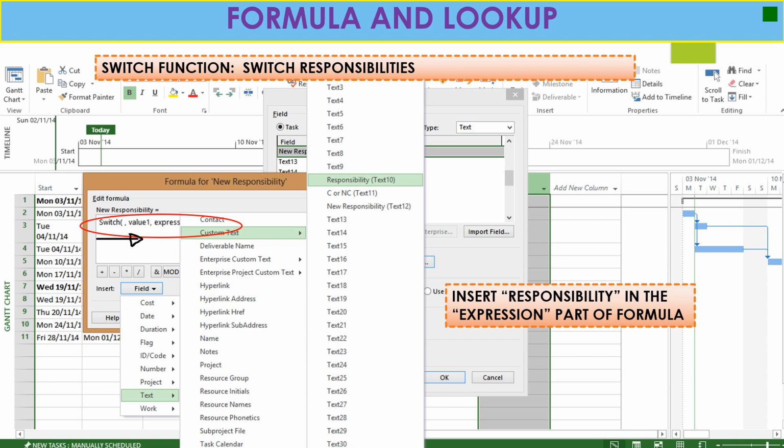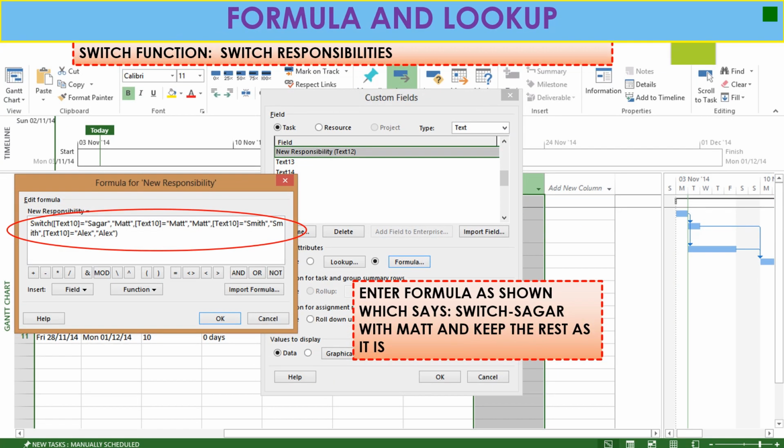To customize this formula, we have to add from field, select text, custom text, responsibility. Likewise we have to add all the responsibility names as we mentioned earlier, Alex, Sagar and so on. Now here you can see switch text 10 is equal to Sagar and Matt.